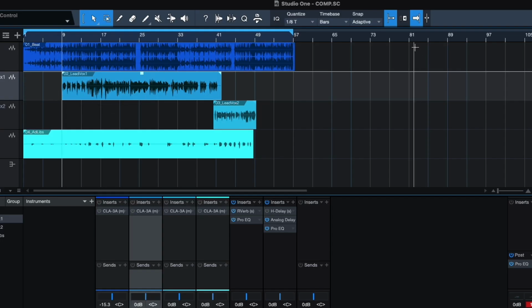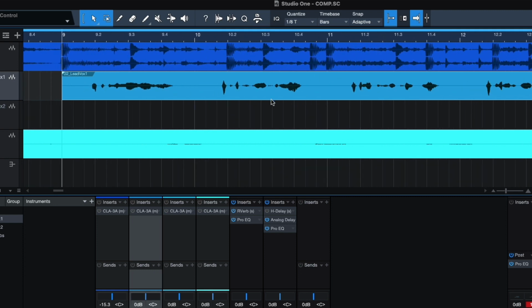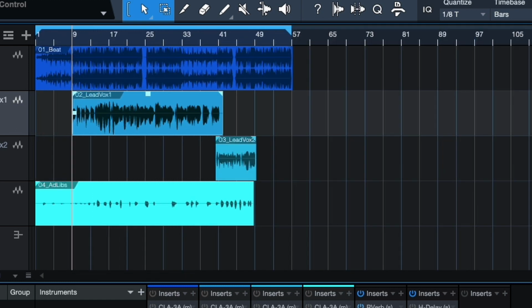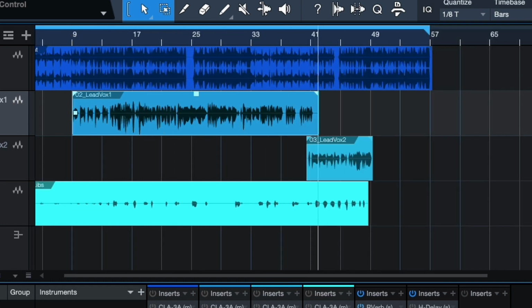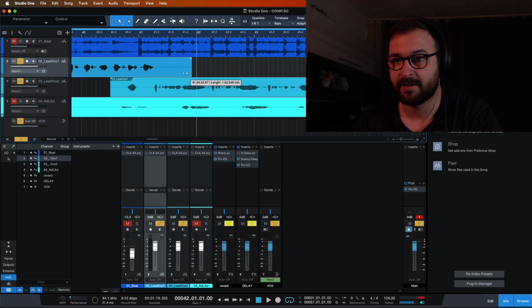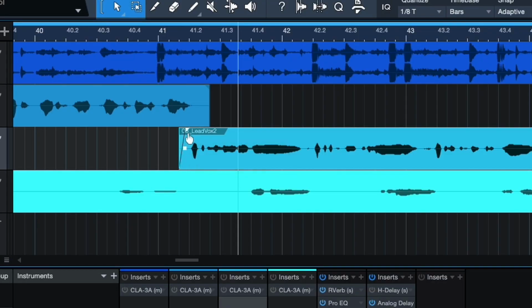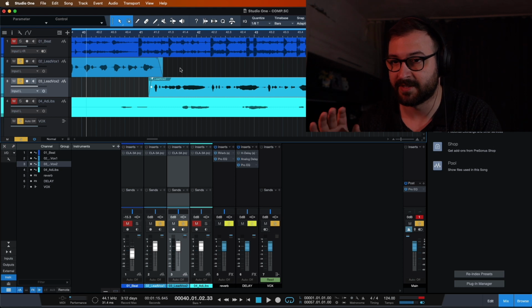I don't want it. If I want to use something at the beginning, I'll just take something from the middle or something like that. I don't really care about it right now. I'm just going to put a fade in here. Also here. I will cut the end of it. I'm thinking about keeping this one. Let's see. I could be a man. This is more like an ad-lib. So for now I'll just delete it. I don't really care about it. I want smooth transitions between these two parts because they are part of the same lead vocal.